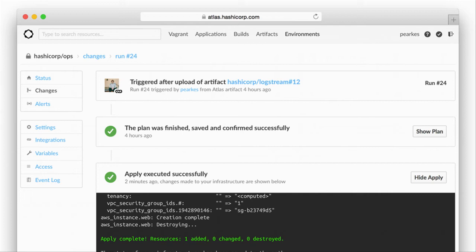So the next step is then to apply it. So plan, apply. It applies successfully, and you can see all the output. And the benefit of running this here versus on your laptop is Atlas helps ensure that nobody else is running a deploy at the same time, that you're not clobbering each other's infrastructure. You can see the history of things. You get this confirmation. We store who actually confirmed it, so you could look back and if something caused problems, you could see, sort of like a git blame of your infrastructure.